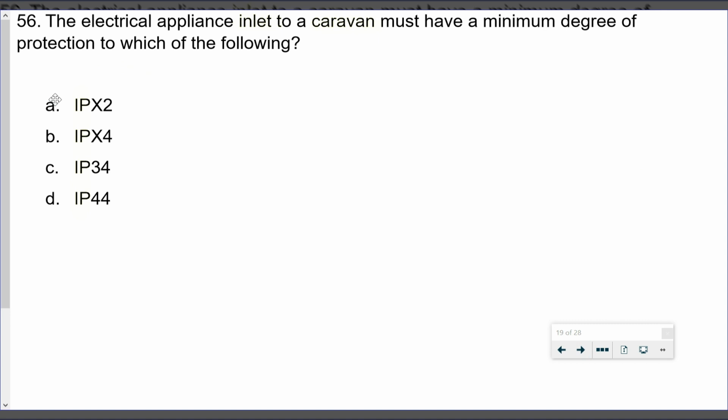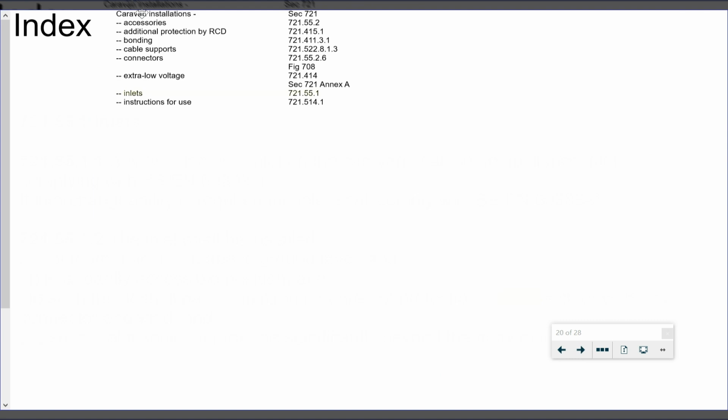Question 56. The electrical appliance inlet of a caravan must have a minimum degree of protection to which of the following? And you see that I've got a list of IP ratings there. So we're going to go to caravans and inlets in the index. So caravan installations, inlets takes us to